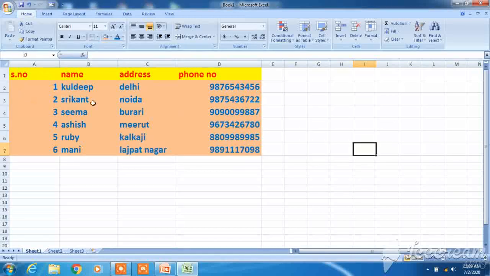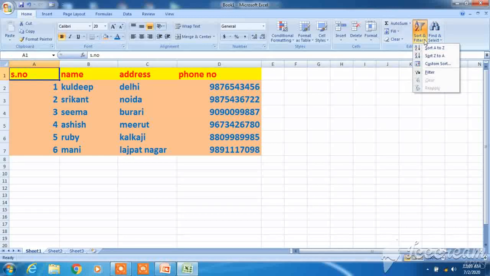Look here, I have not selected any range. For applying any filter, sorting or any feature, you need to select the field first. So I have selected this, gone to the filter option, and clicked on Filter. Have you seen this drop-down list? So now you can apply the filter.